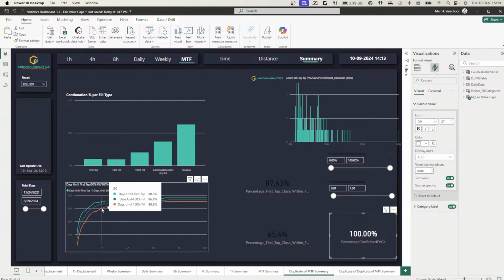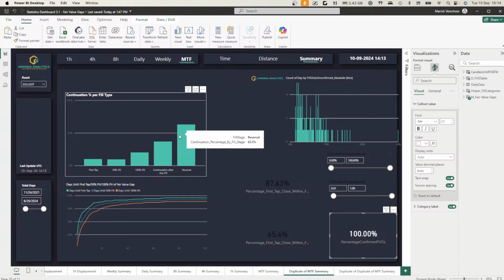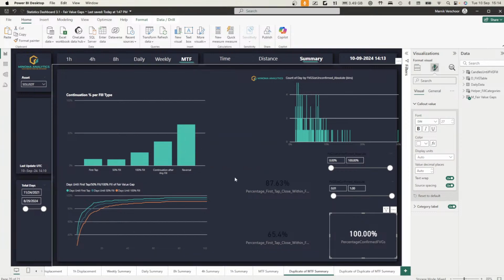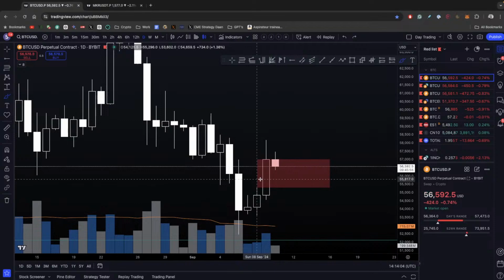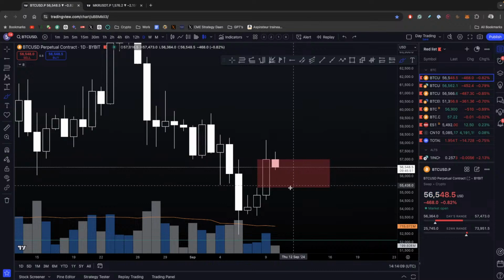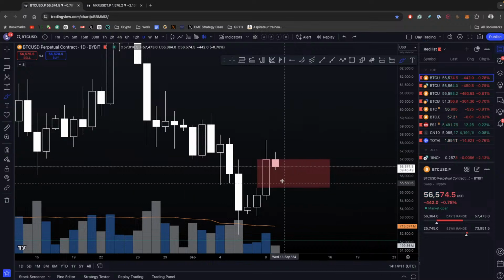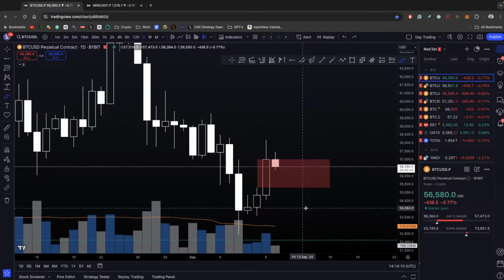I'm still working on some other data for this, but I think the main thing is that you're going to have a dashboard where you will see which fair value gaps are active over different timeframes, obviously. Say, for example, we have a fair value gap on the daily, and it's unconfirmed. Then you will see on your dashboard, hey, we have an unconfirmed fair value gap. It's 3%, and 86% of them turn into confirmed, right? You will see that for the current day or the current 4 hour.